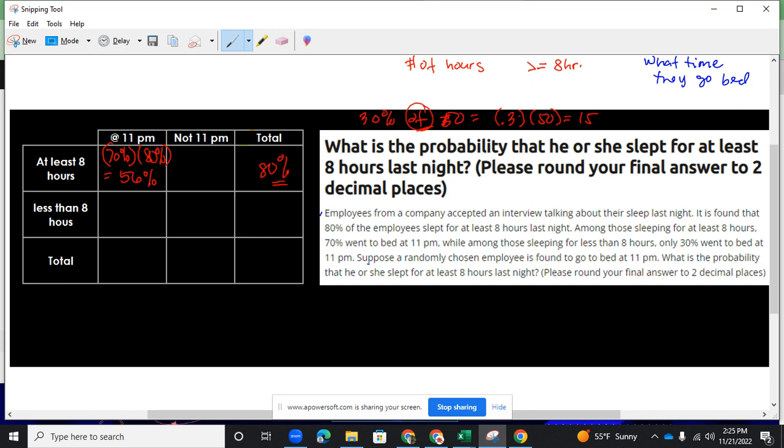Among those people sleeping less than 8 hours, 30% went to bed at 11. So only 30% of this total right here. Well, if this is 80, then this has got to be 20, because there are only two hour categories, right? So this is going to be 30% of that 20%, which is equal to 6%. Okay? So now that you have that, you know that your table is complete, because you can see that